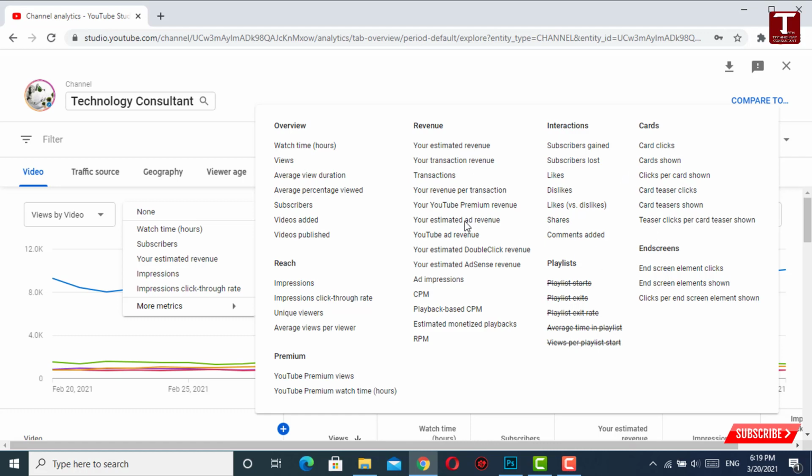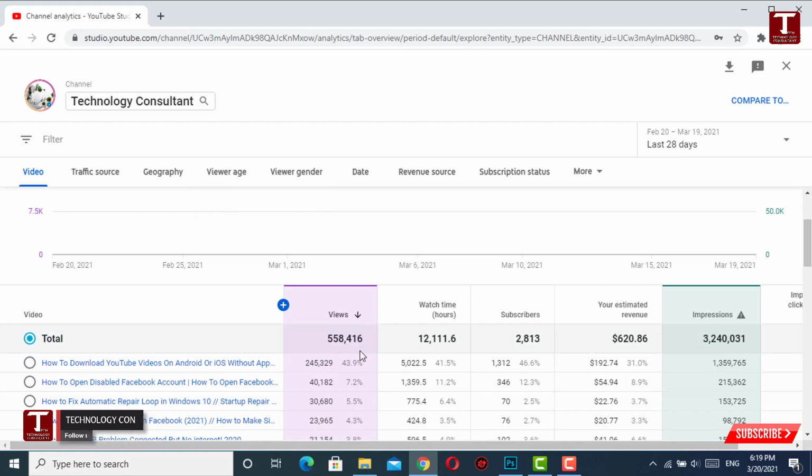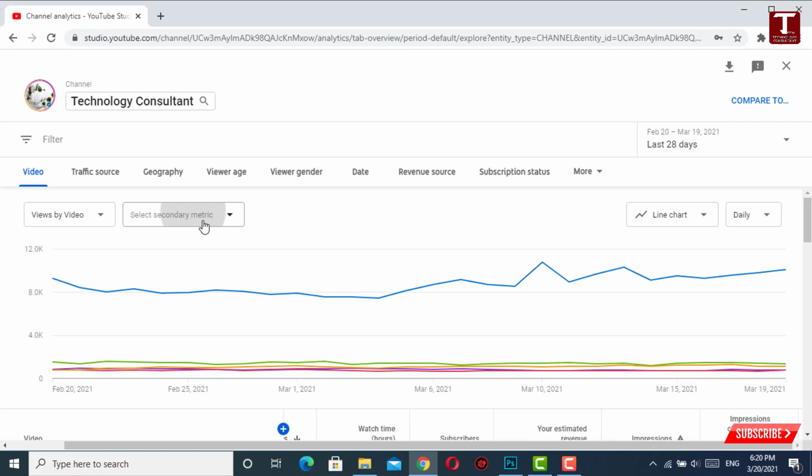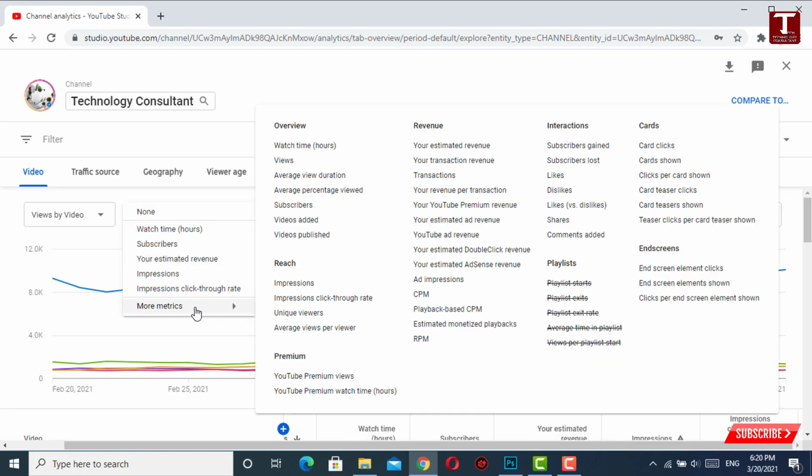Now you have to select whatever you want to check. If you want to check impressions, you can click on impressions and scroll down, and then here you will see your YouTube channel impressions. If you want to check your YouTube channel daily earning, then again you have to click on this secondary metric tab, and then from here you have to check your estimated revenue. You have to click on it,